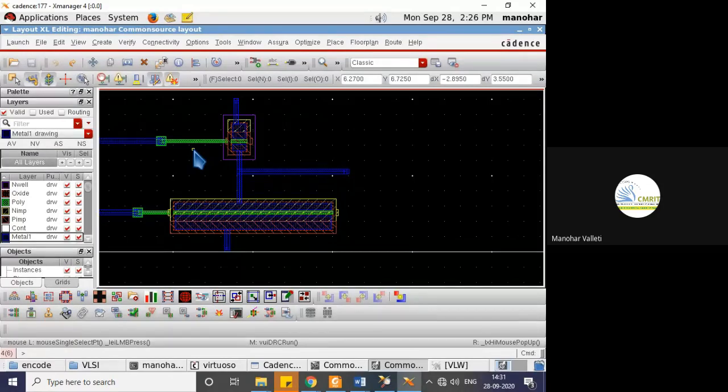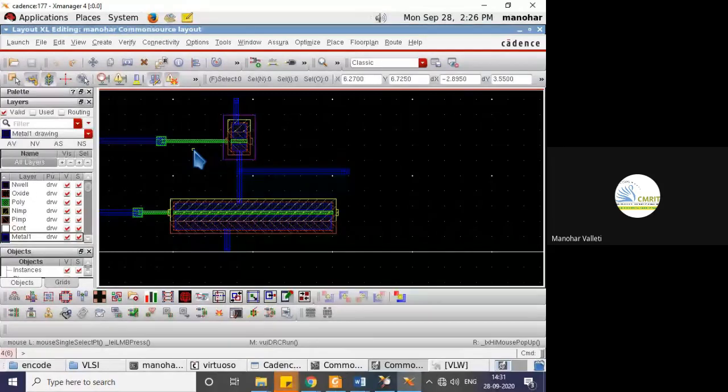Has our design passed the DRC check, or do I still need to do some more editing so that it will pass the DRC? This common source design, has it passed the DRC check? Is this common source layout design passed the DRC or not?